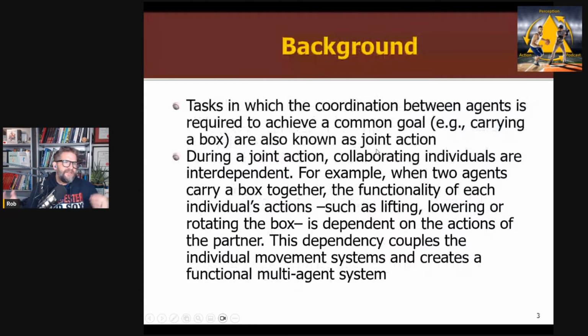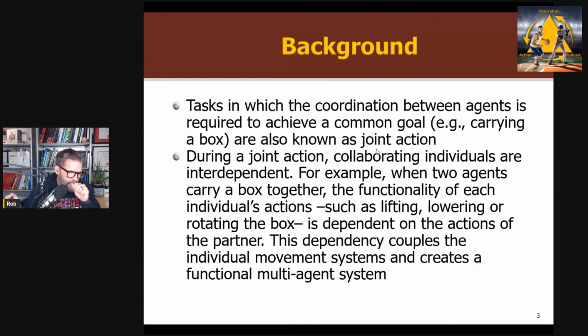So, back to interpersonal coordination or joint action. Think about two people carrying a box or a piano, right? You're working together to achieve a goal, move a box, lift it up there, right? And you're collaborating. Your movements are going to be interdependent. If one person loses control of their end, you're going to change how you're holding it, right? So overall, we're talking about an interdependent system, right? With degrees of freedom, where the degrees of freedom in this case are distributed across two people instead of in just one person, like a lot of what we've talked about on the podcast.